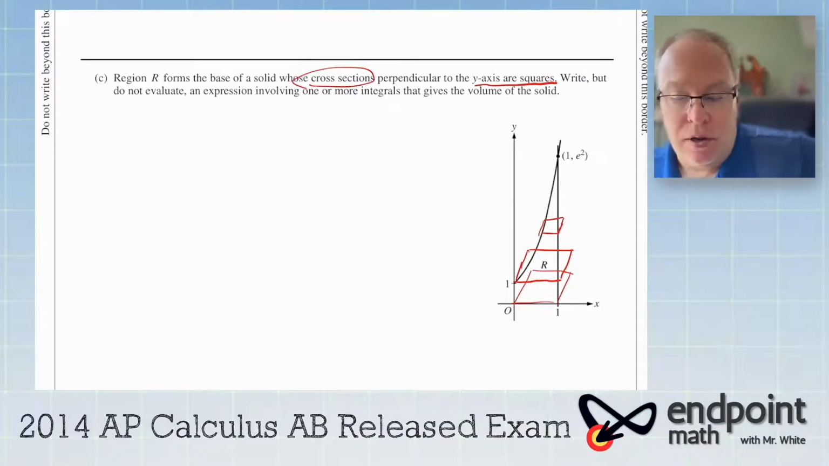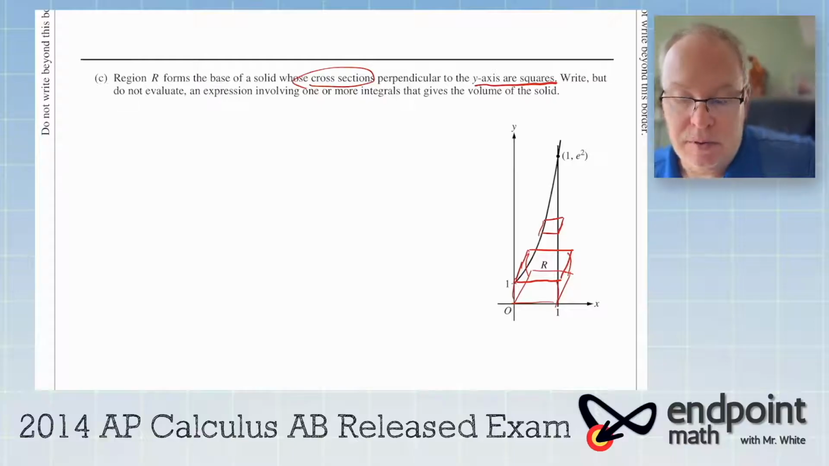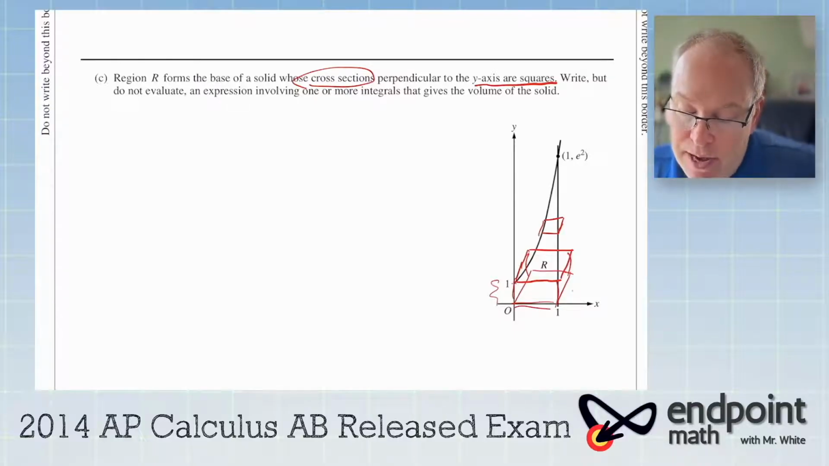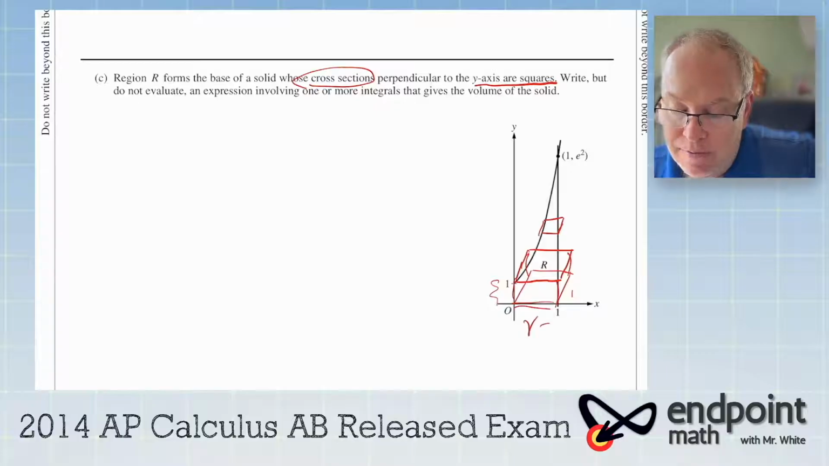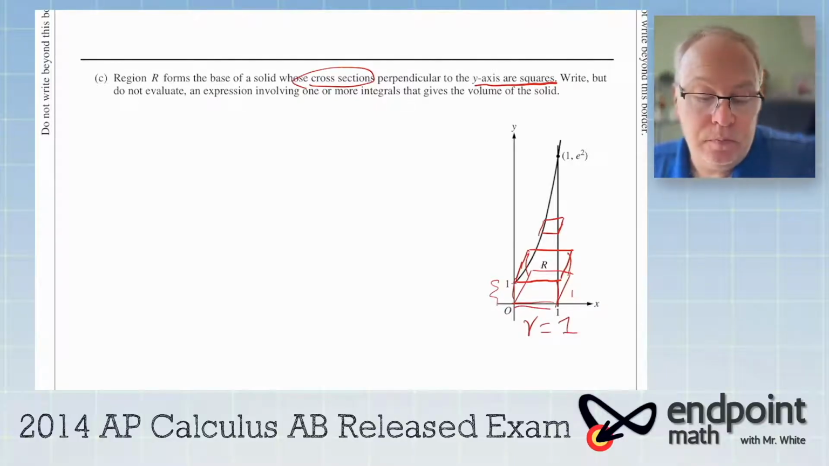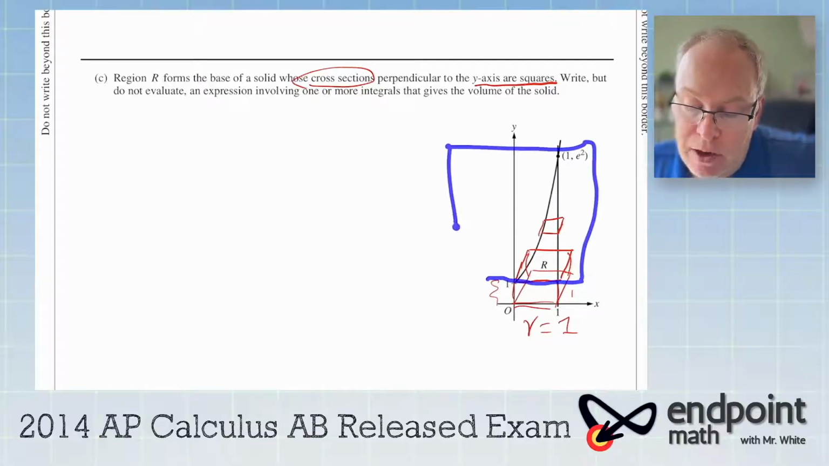But I want you to notice that in this region right here, we actually just have a box. From 0 to 1 on the y-axis, we just have a box. So we want to keep that in mind. That's 1 by 1 by 1. So the volume of that box is 1. So if you're following me here, we're really just needing to use calculus on this